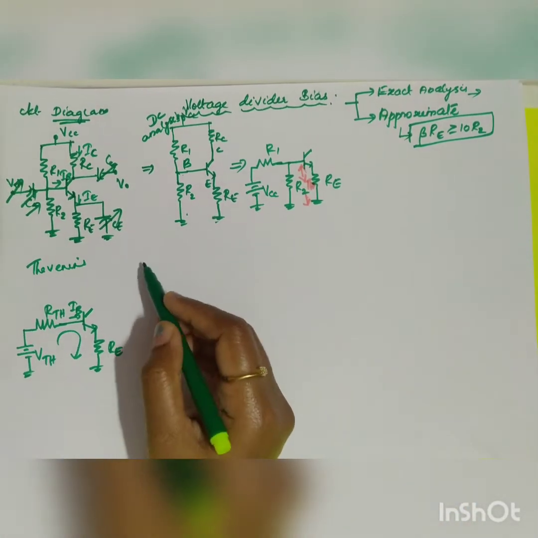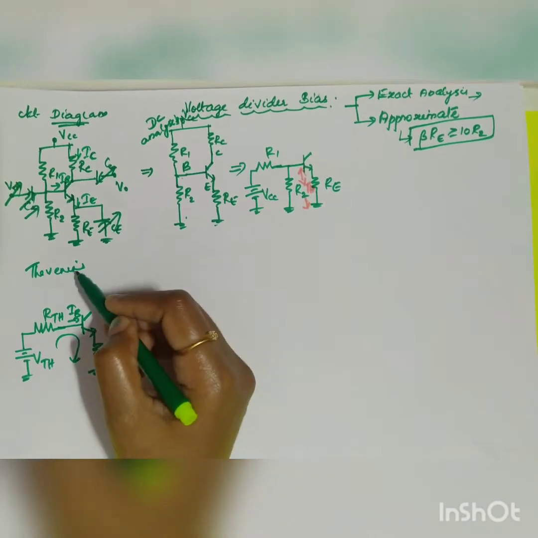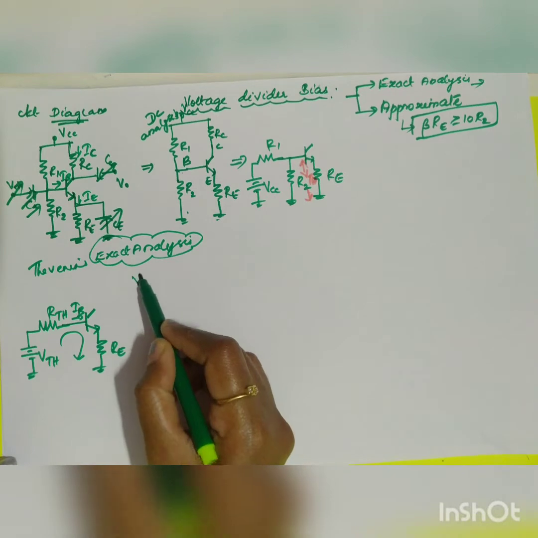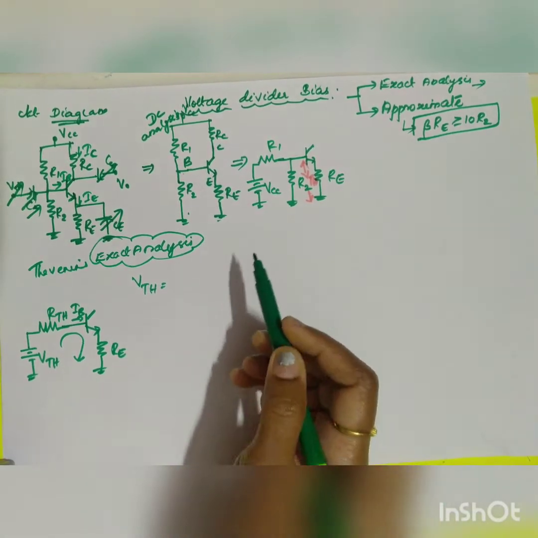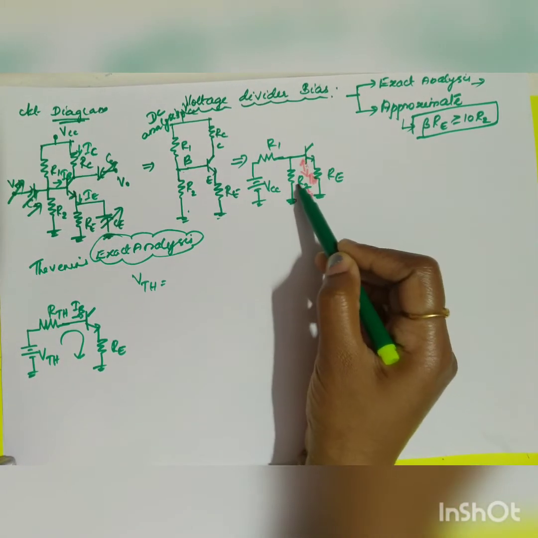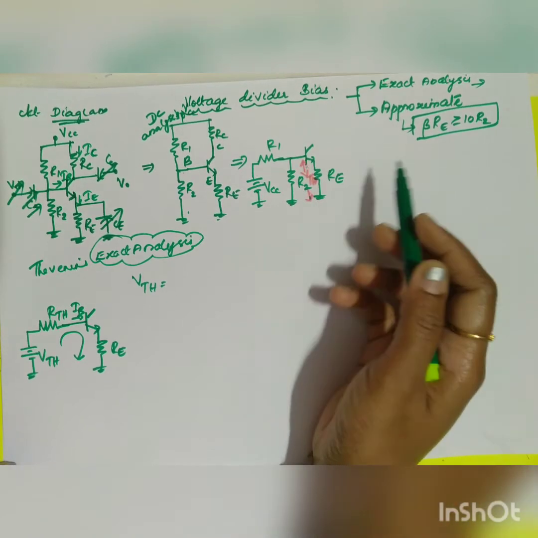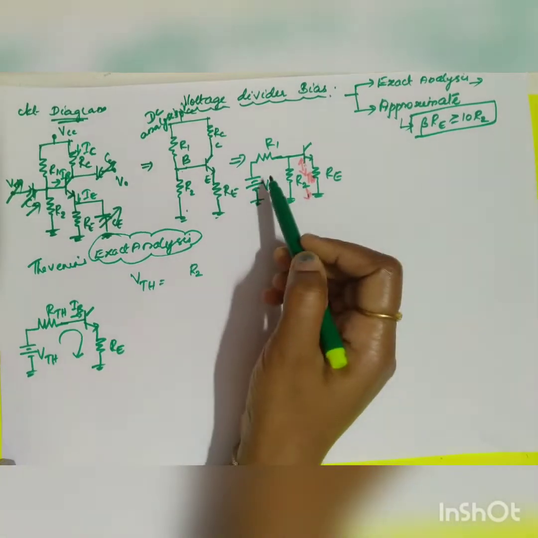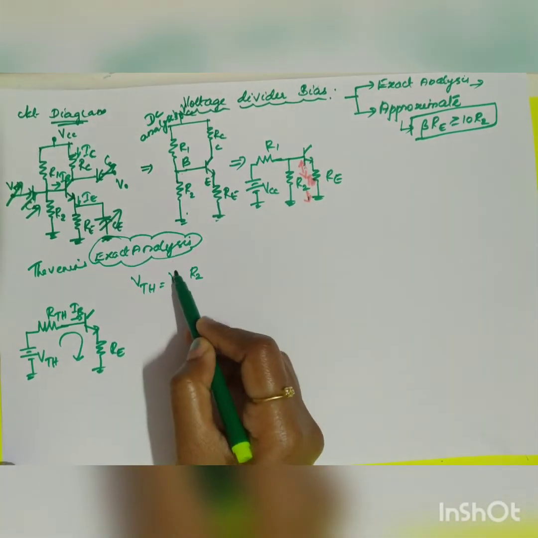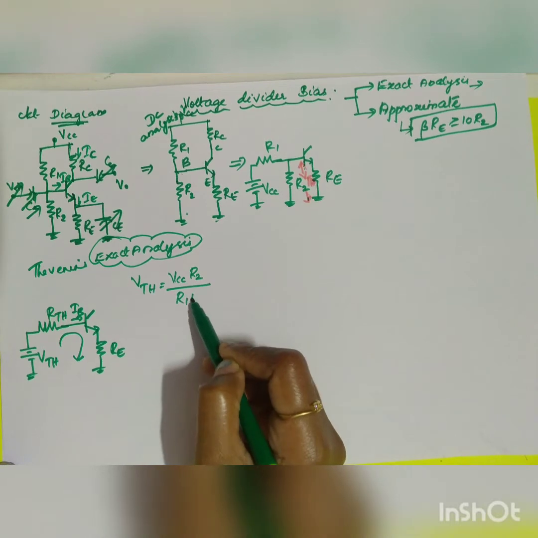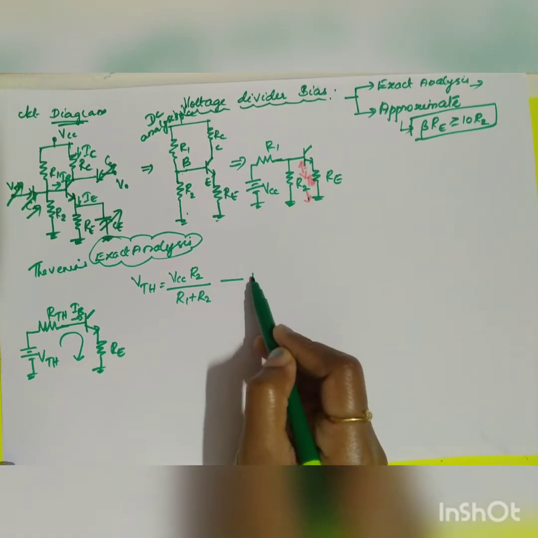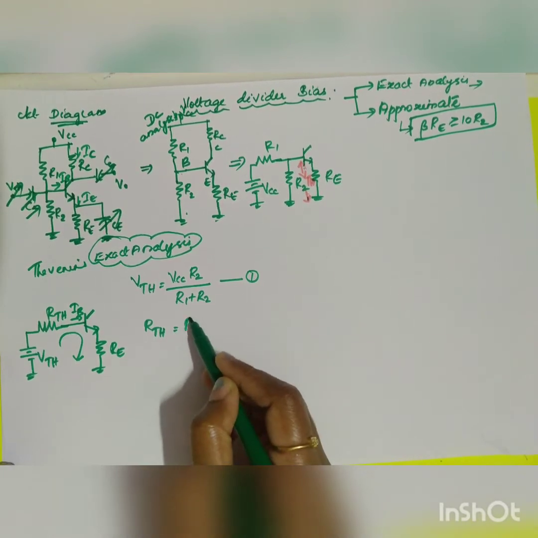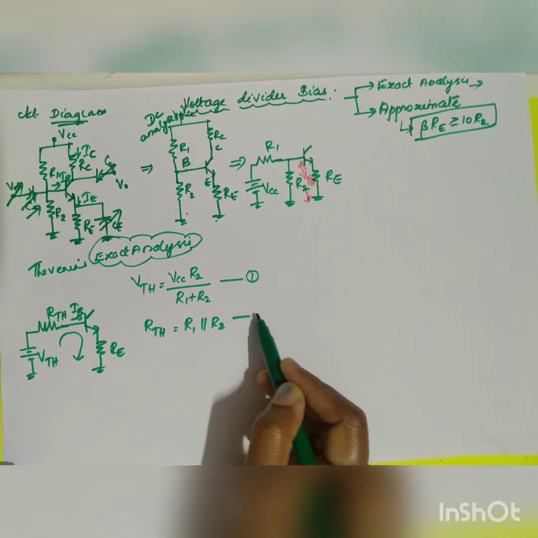What will be the value for VTH? This is for the exact analysis. When you apply the voltage division rule, the voltage you have to find out is across R2. So it is R2 into the total supply voltage VCC, divided by the total resistance R1 plus R2. So VTH equals VCC times R2 divided by R1 plus R2. This is going to be your equation 1. What will be your RTH? RTH will be equal to R1 parallel to R2. This is your